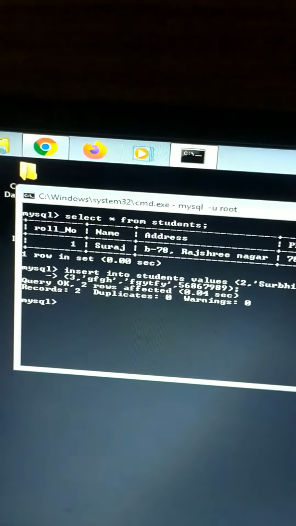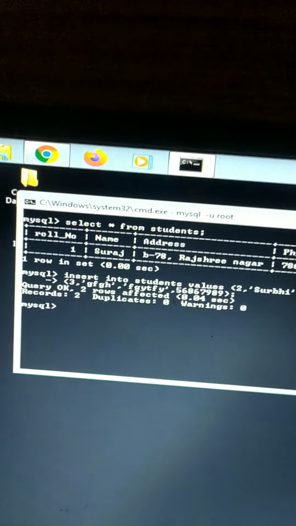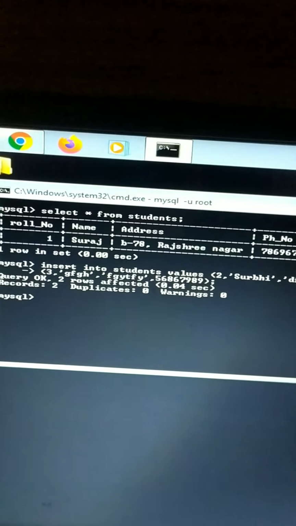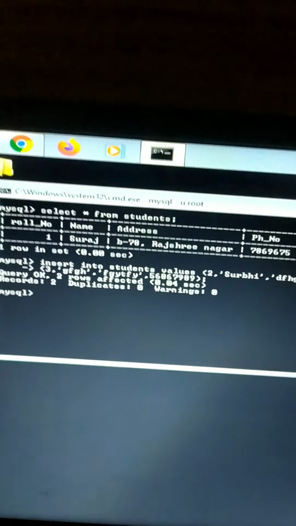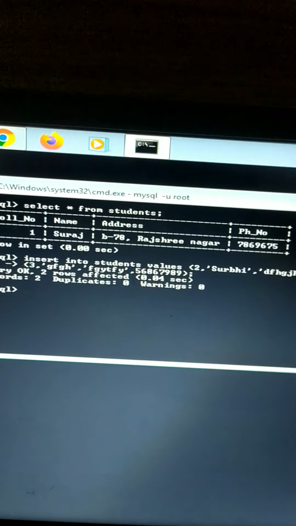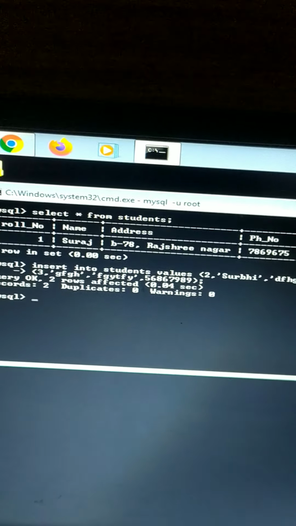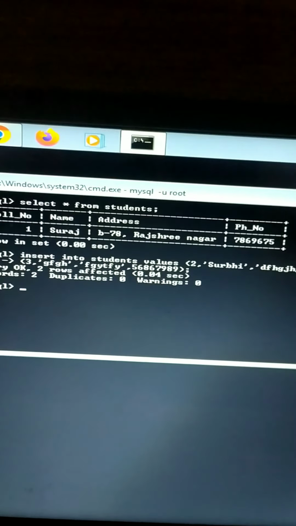Now the next topic is retrieve or query data from a table. What do you mean by retrieve? Retrieve means to get data. Now suppose I want to see. Here we have four things: select, from, where, and order by.